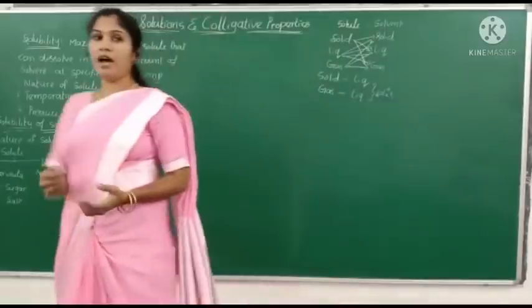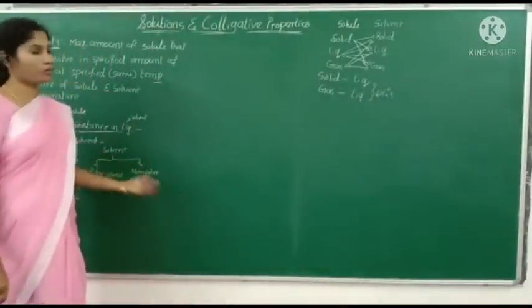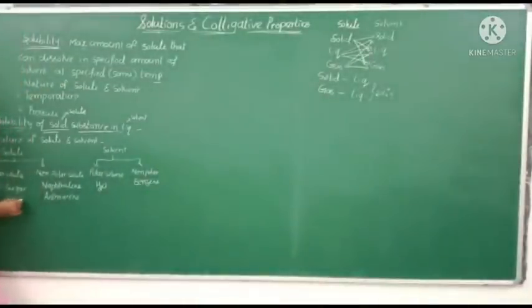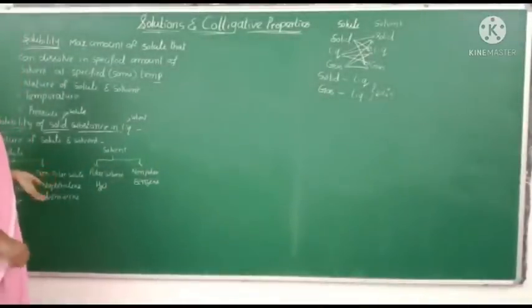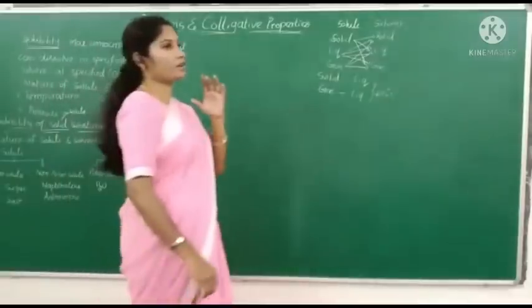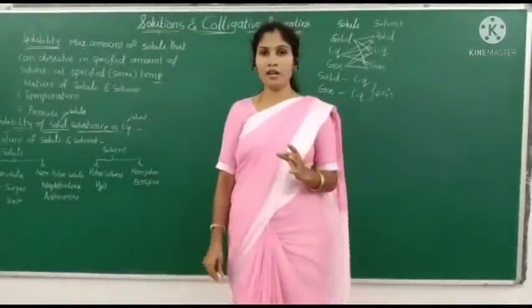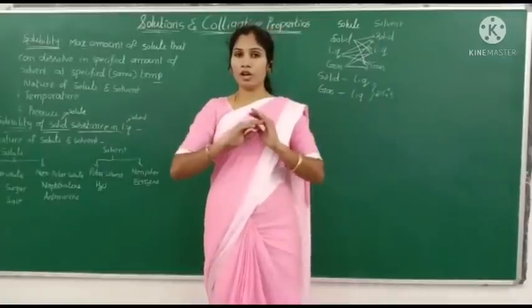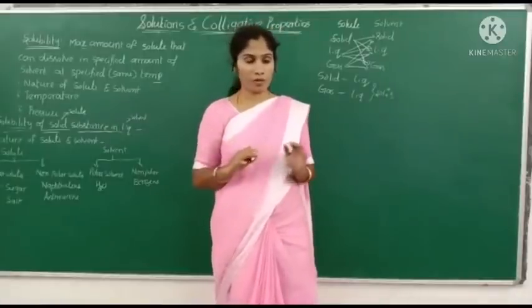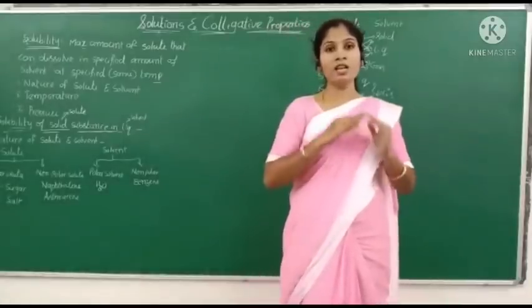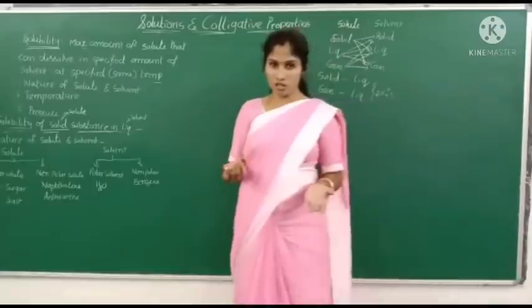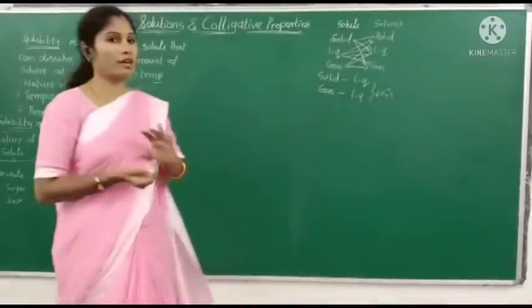In the same way, add some amount of salt to the water. What can we observe here? The dissolving of salt in water. Now take benzene as a solvent and add some amount of sugar to the benzene. What can we observe? Here we are not observing any solubility or dissolving of sugar in benzene. So solubility is not taking place.